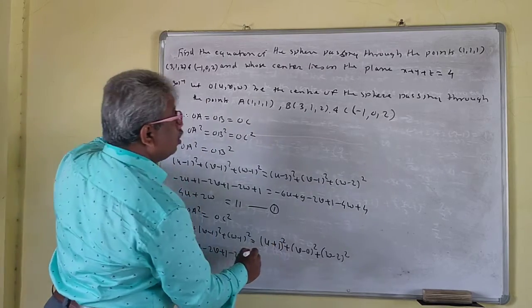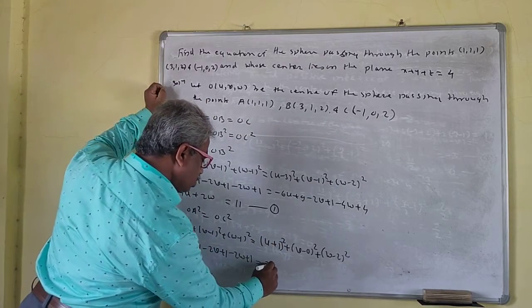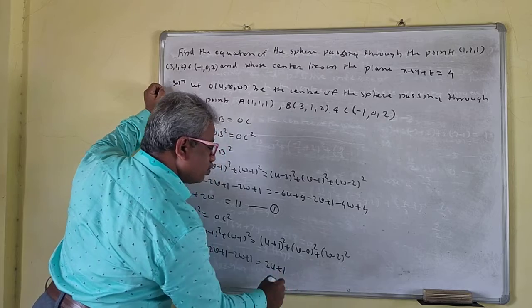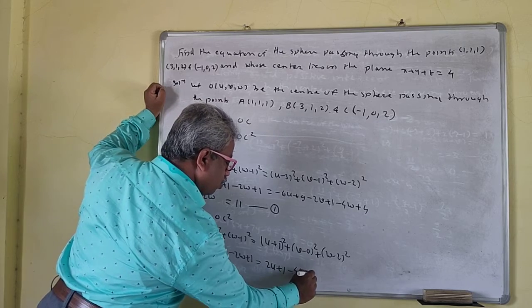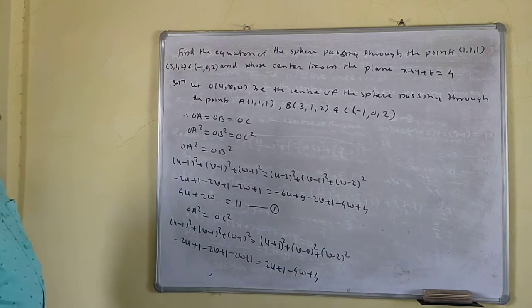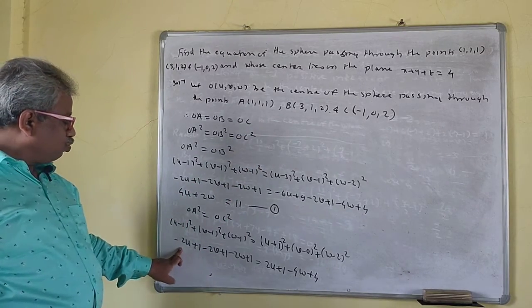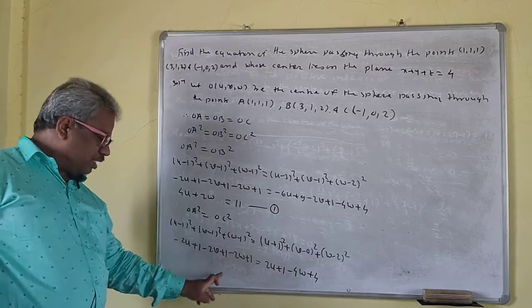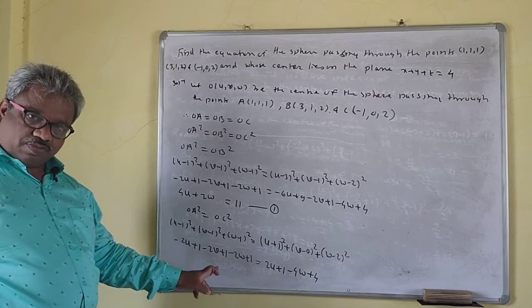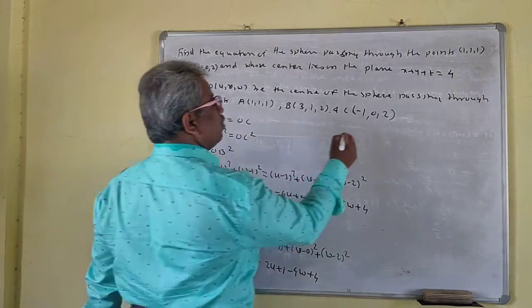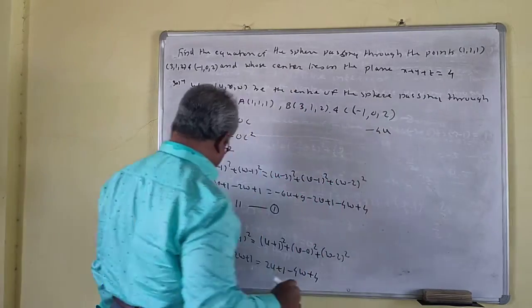So this is U plus 1. Okay. So twice U plus 1. V square get cancelled. Minus 4W plus 4. Okay, I will write it here now. This is minus 2U, this is plus twice U is here, then minus twice U, minus twice U is minus 4U. So this is minus 4U.